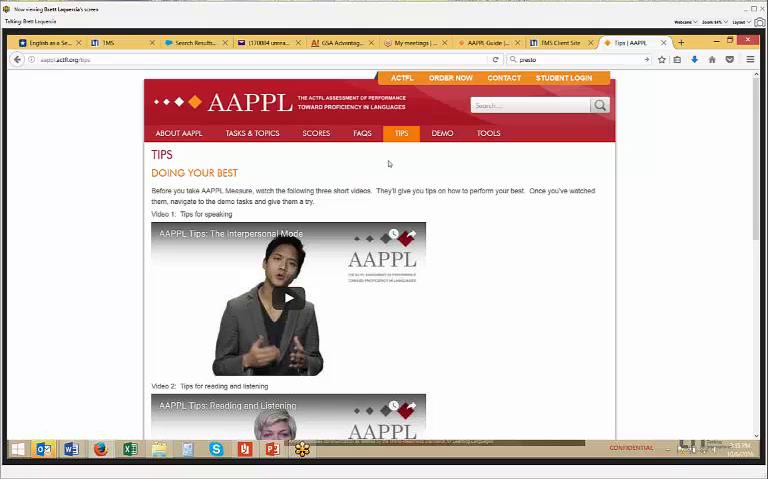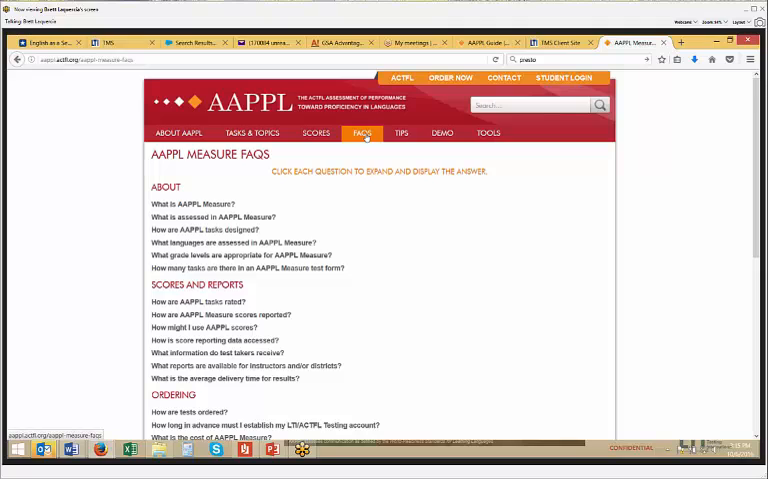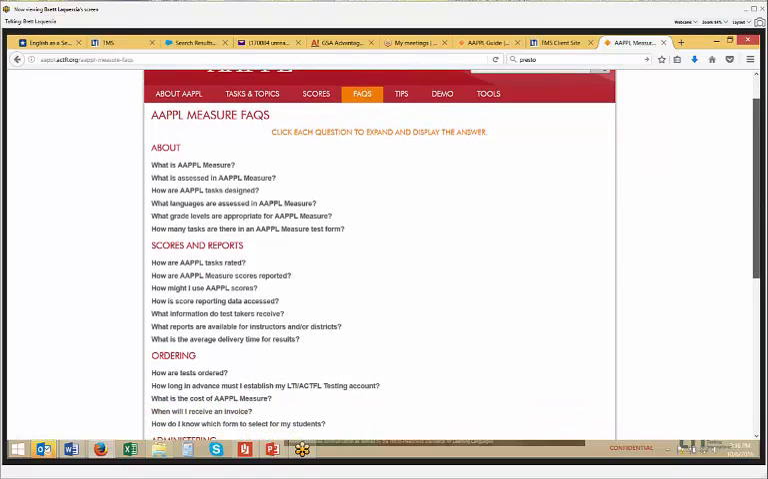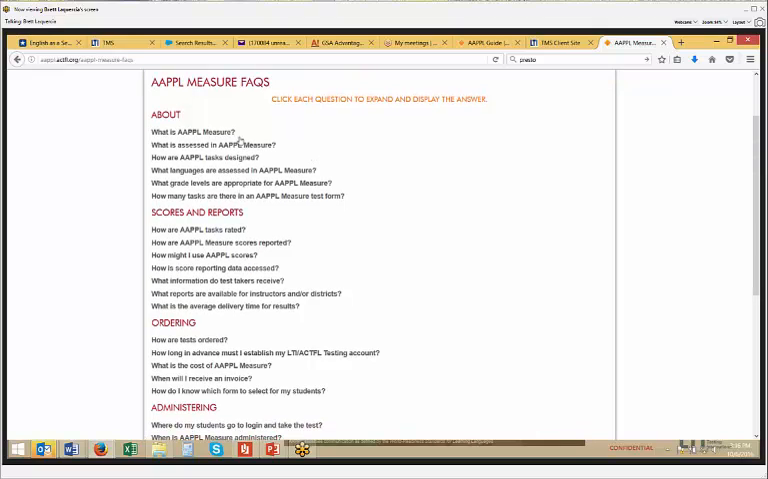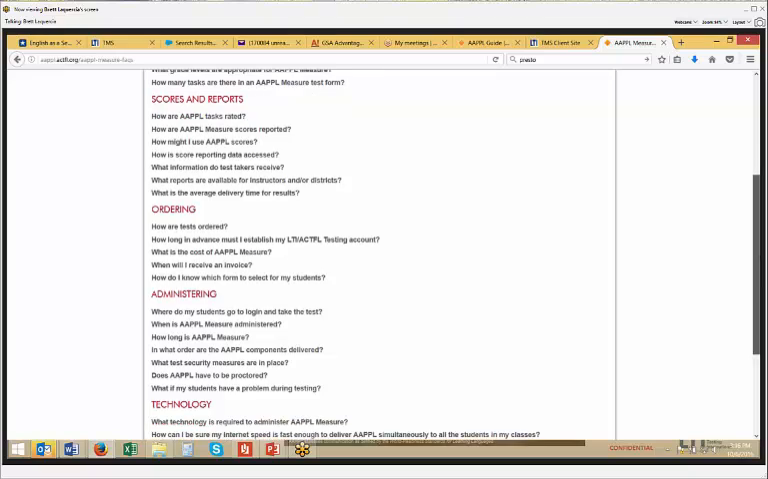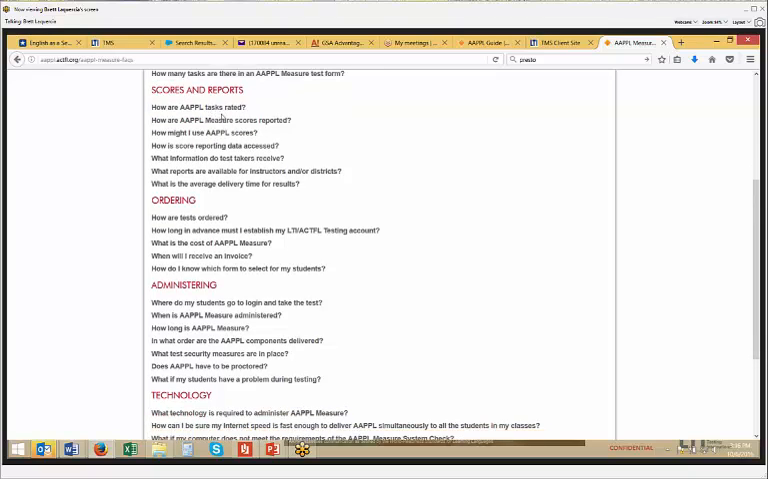I want to show you the FAQs. Eyes probably roll when they hear the FAQs, but these FAQs were really designed based on feedback that we have received over the years, and the most frequent questions we received. So they're concise, but they really address the most common questions. There is detailed information about the test and what is assessed, and again, a lot of detailed information about the scores and reports,